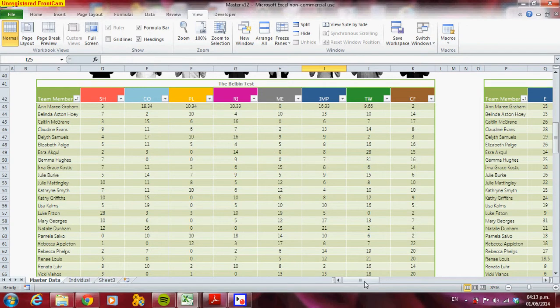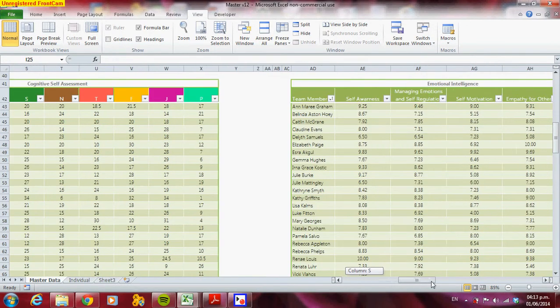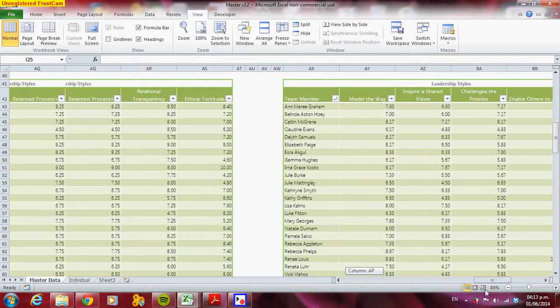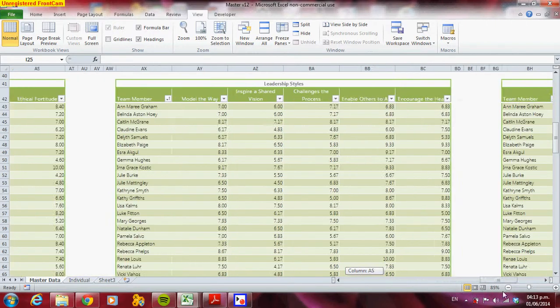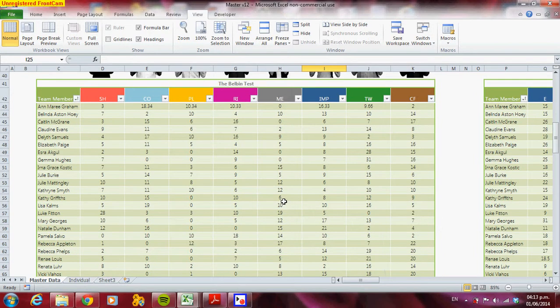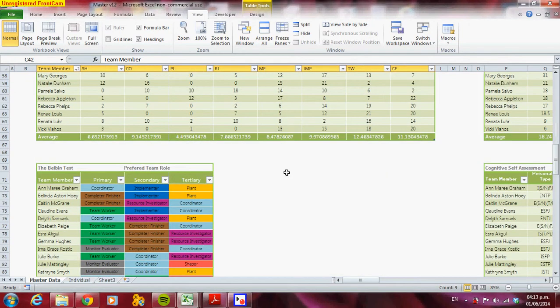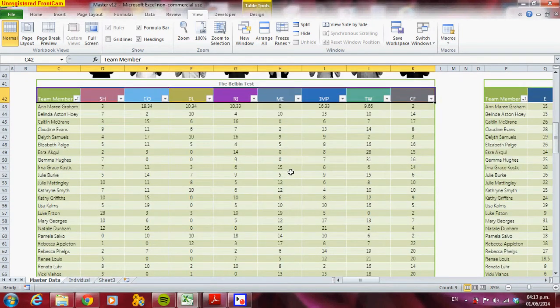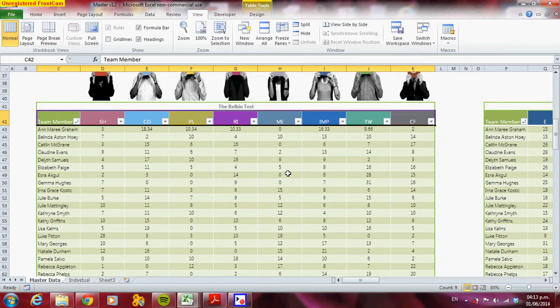So here's the Belbin test, the cognitive self-assessment, and the other three. Then the emotional intelligence and the other three of leadership styles. So yeah, it's done. One thing that I wanted to tell you is that I included these filters in order that if you want to analyze this data more deeply or show it in a more specific way,